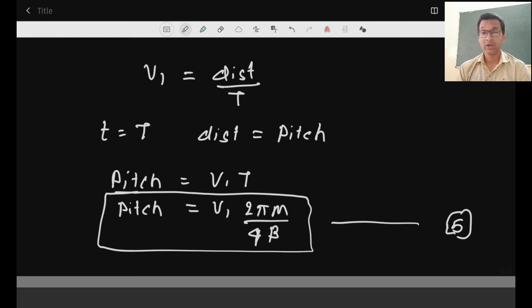So this is the motion of a charged particle in a uniform magnetic field. If it enters in a perpendicular direction, it will perform circles, as we have seen in the cyclotron, and the time period, or the cyclotron frequency, will be constant. Whereas if it enters at an angle, it will go in a helical path. So we have finished the motion of the charged particle in a uniform magnetic field. Thank you.